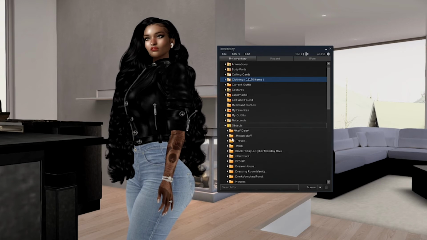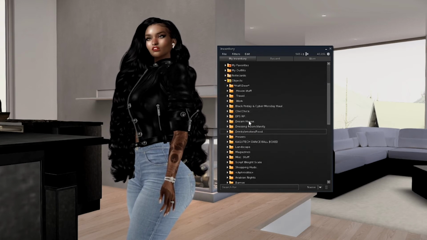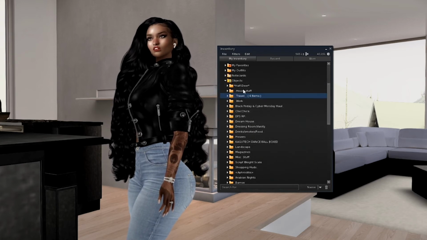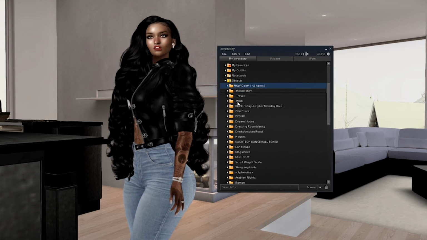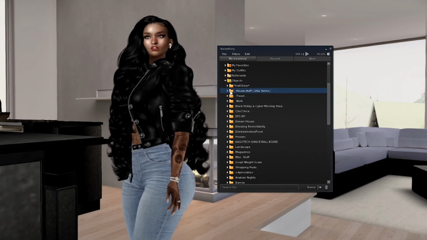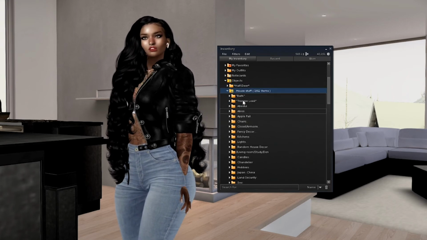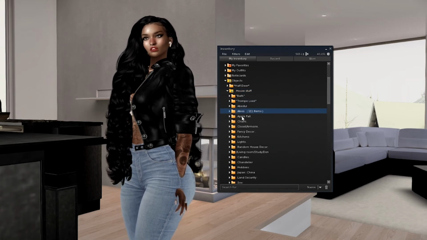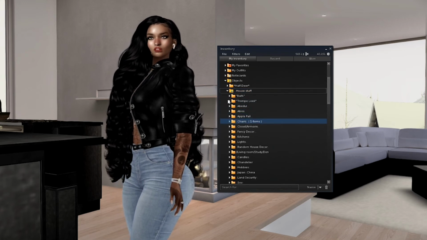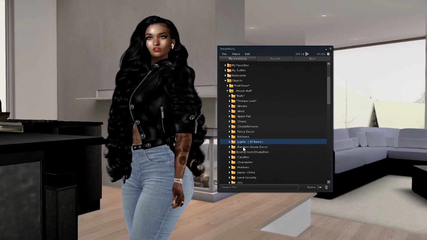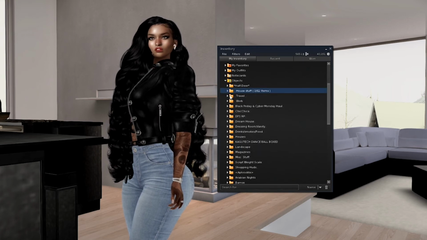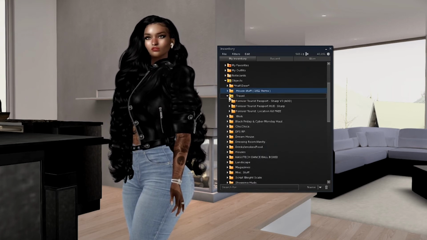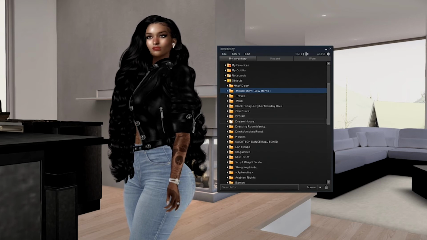And in my object folder, I have travel, house stuff, half deer, work, and within house stuff, I have it separated by designers and then by room. And travel, okay.